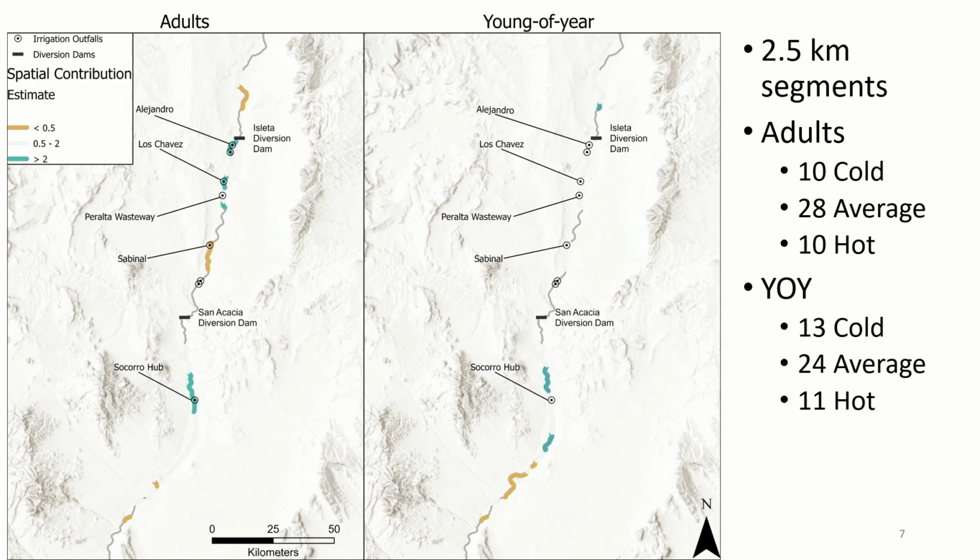So if you had a year where you're expecting to see 10 fish per pool on average, those brown areas would have 5 or fewer, and the green areas would have 20 or more fish per pool on average. Again, the data is really zero inflated, so you could go to a pool that's in a hot spot, you could still have an average of 20 fish for that whole segment, but lots of pools are gonna have zeros. And then you'll hit a pool that has 400 in it. And it ends up that there's about 10 segments of hotspots for adults and 11 for young of year.